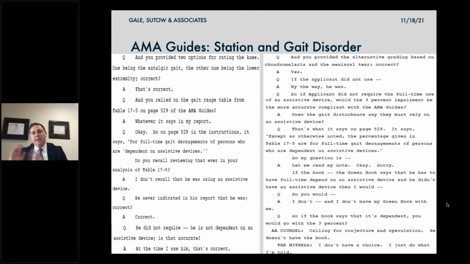So I said, okay, based on the fact that this individual wasn't using a full-time assistive device, do you believe it still should be applied in the case? And he gave a pretty interesting response: if the Green Book says that he has to have full-time dependence on an assistive device, and if he didn't, then I have to follow what the Green Book says. I don't have a choice.